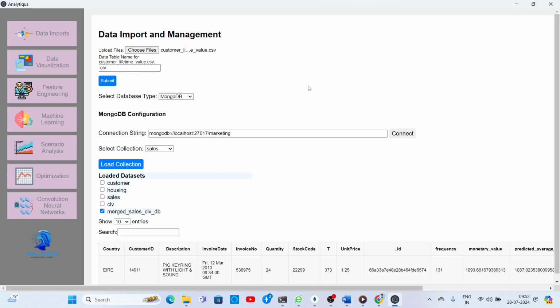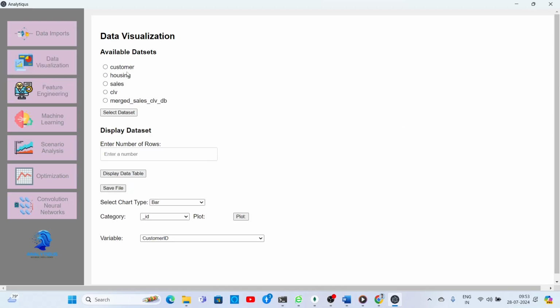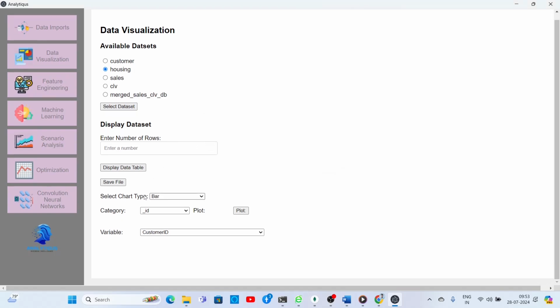Let us do some data visualization part. All the databases that we have loaded previously will appear here. You can select any one. Let us select this housing data, and we will produce some charts. Your selection has been done successfully.